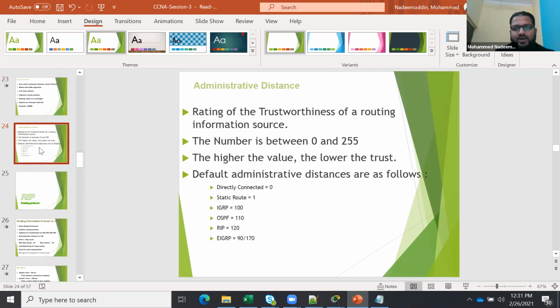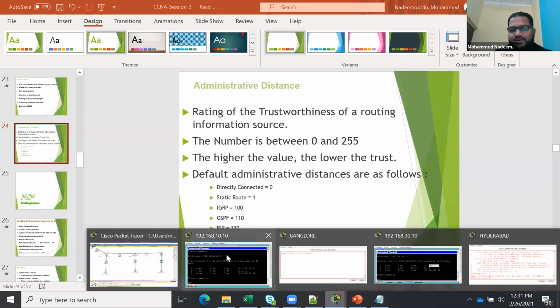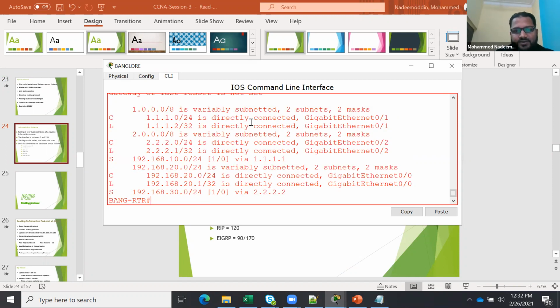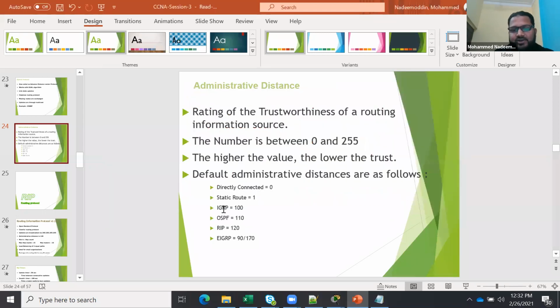Every protocol has an administrative distance. A directly connected network has 0, a static route has 1. If in our routing table I say show IP route, you can see the 1 by 0, which is nothing but the administrative distance.